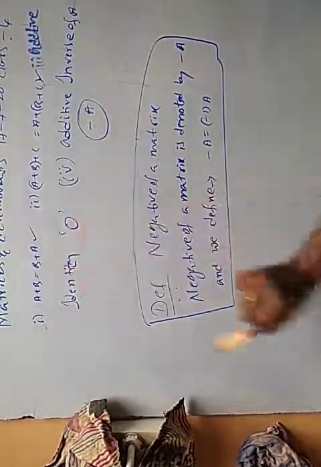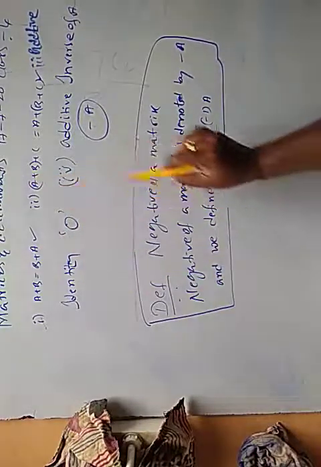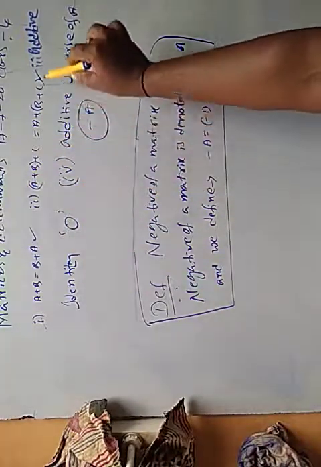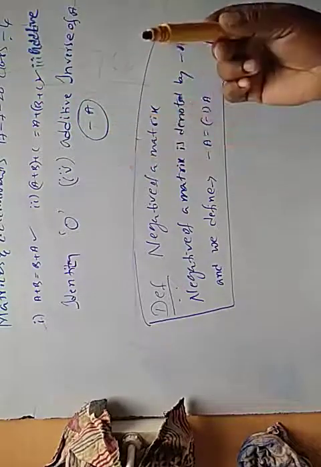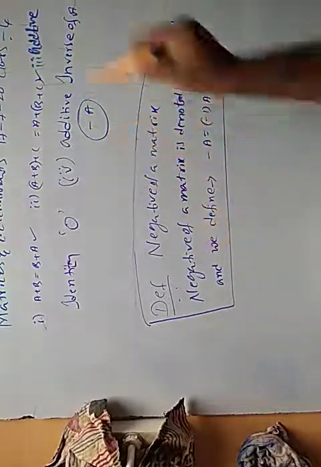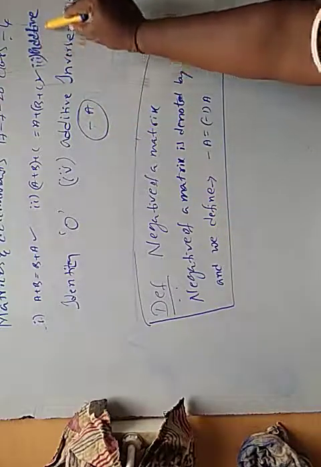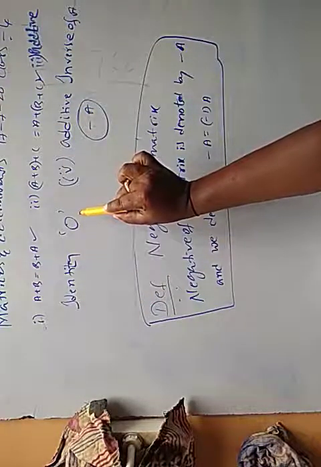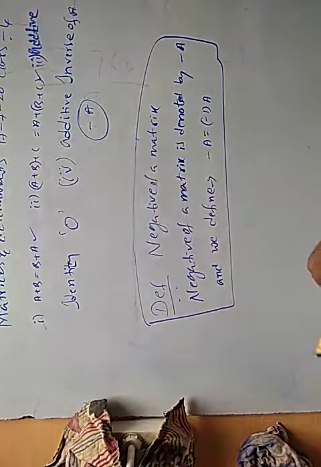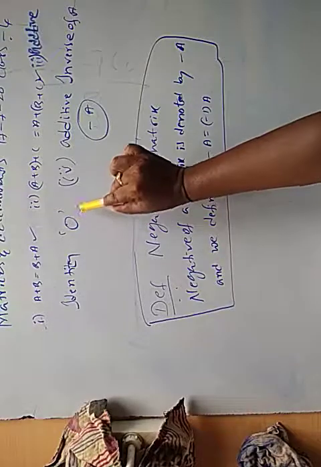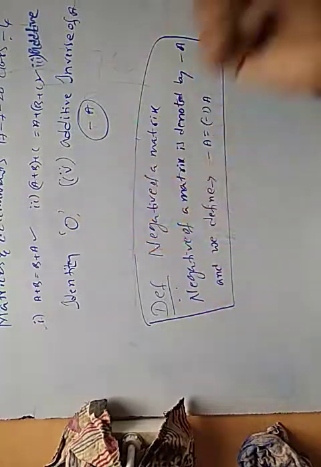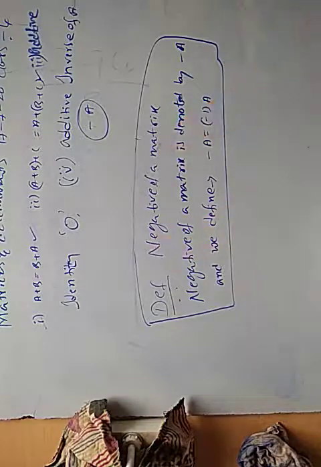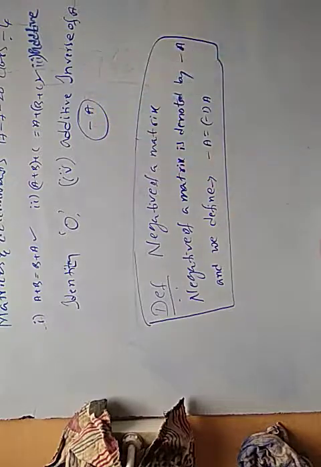A plus B is equal to B plus A. Matrix addition is commutative, that is over. A plus B plus C is equal to A plus (B plus C). Matrix addition is associative, that is over. Third one, additive identity. The null matrix of order A is the important one. When asked to write the additive identity for matrix addition, you should write O, the null matrix of the order of the given matrix. Additive inverse of A is minus A.